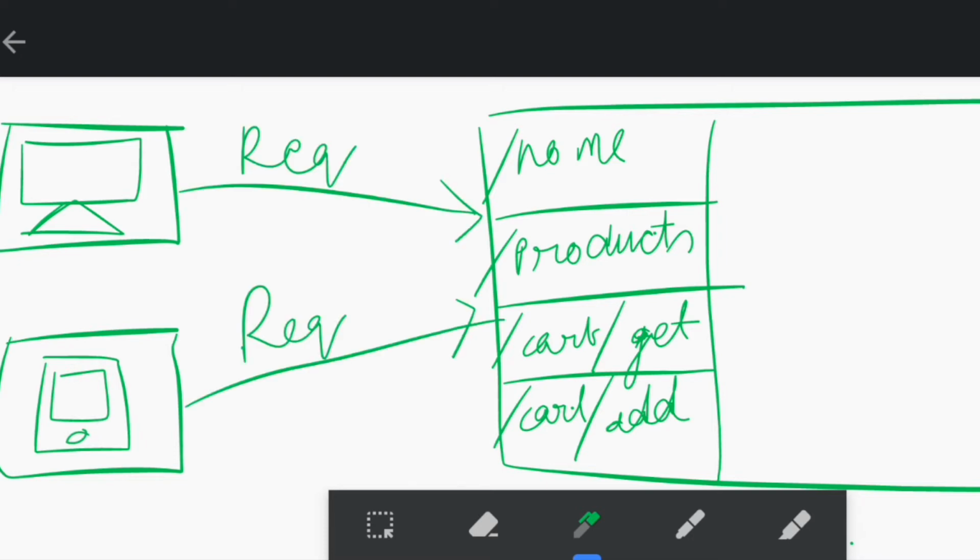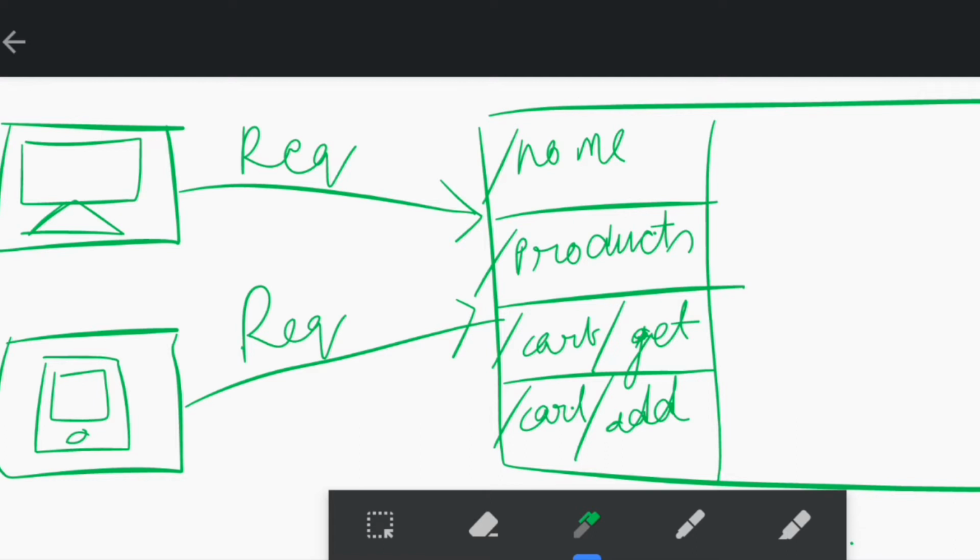First, it will send a request to our endpoints or URLs. At first it will send the request to /home. Whenever it sends one request to /home, the static HTML, CSS, and JavaScript will be loaded to the client side.